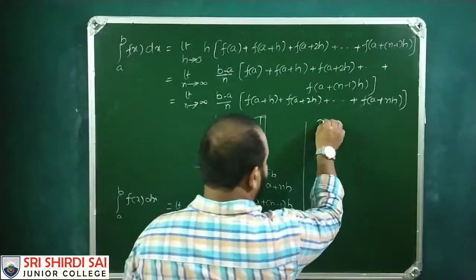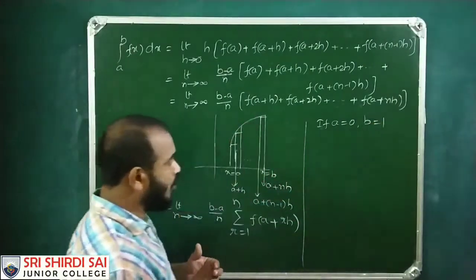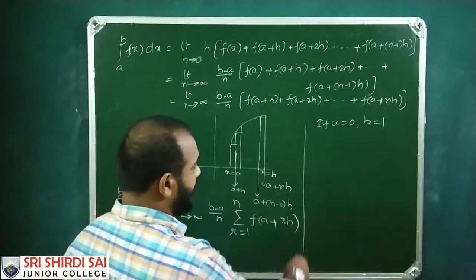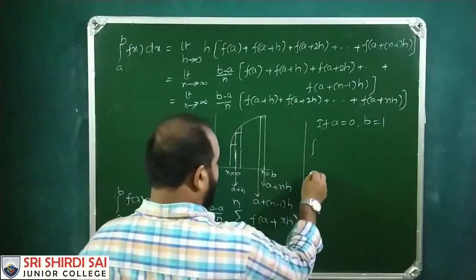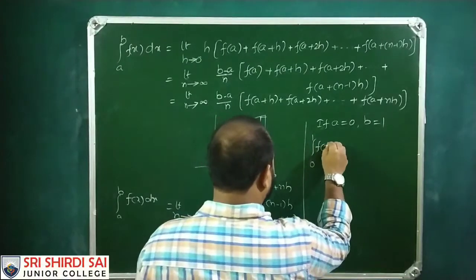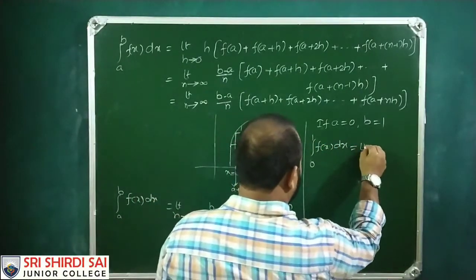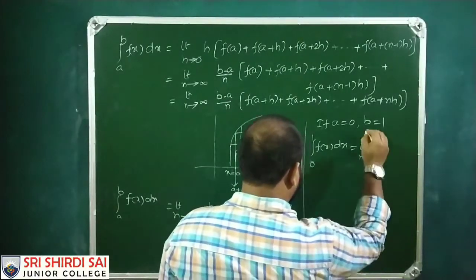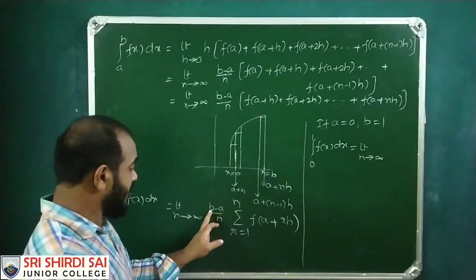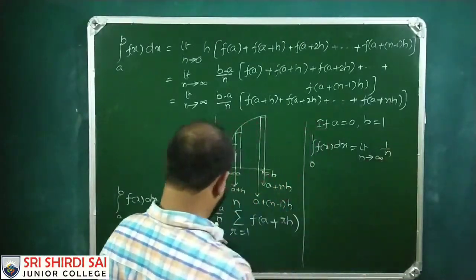If a is equal to 0 and b is equal to 1, the lower limit is 0 and the upper limit is 1, then the integral from 0 to 1 of f of x dx is equal to the limit as n tends to infinity of (b minus a) by n, that is (1 minus 0) by n, which is 1 by n,